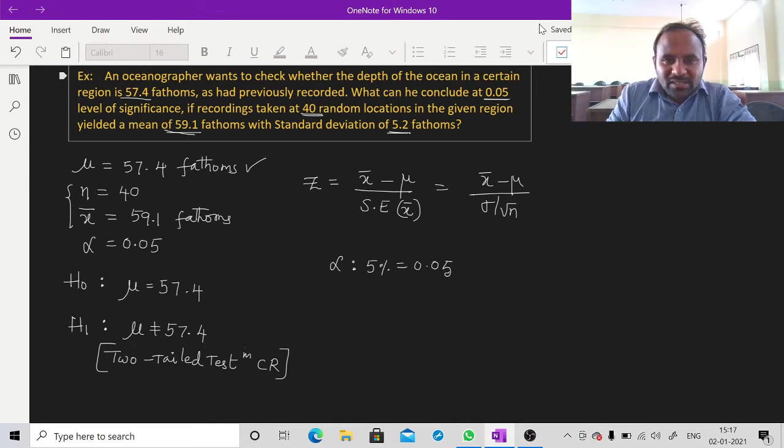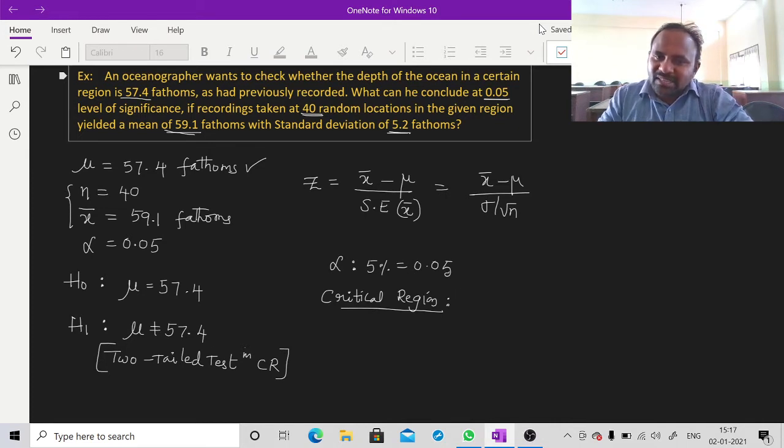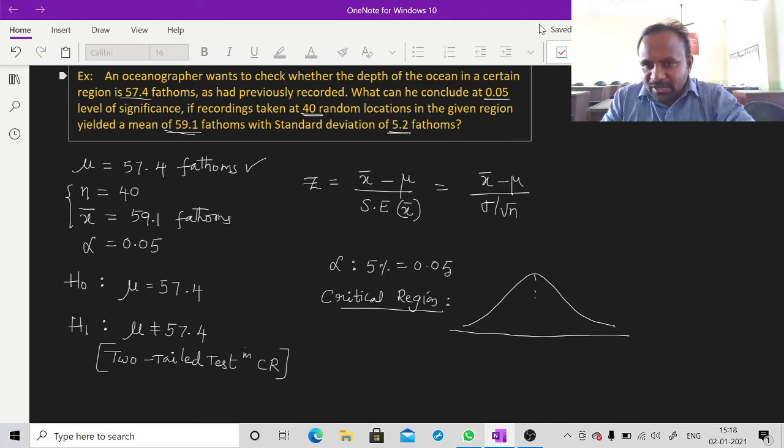Next, what is the critical region? I mean, where do we need to reject the null hypothesis? In which part? Since it has already been mentioned, you have to use a two-tailed test. Suppose your test statistic follows the normal distribution; the curve will look in this manner, and there you will have